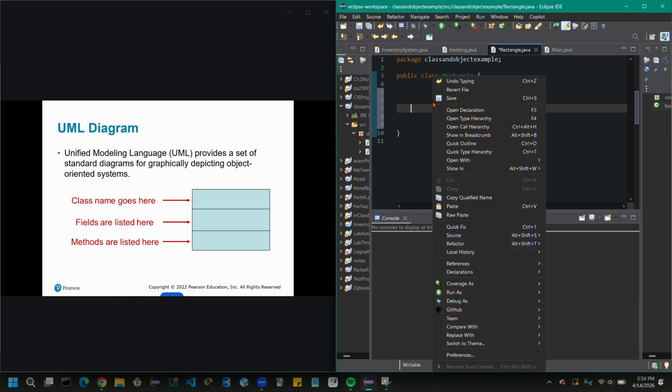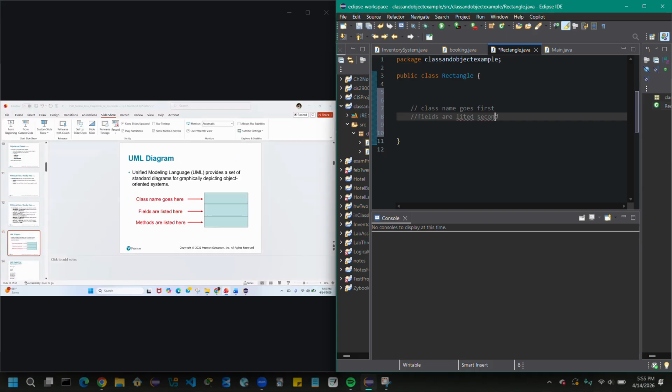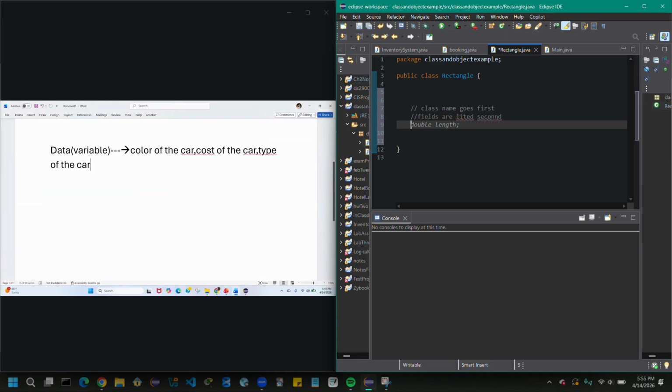Object-oriented programming: always the class name goes first. After that, the fields are listed. And after that, the methods are listed. If you swap things here and there, you will see an error. This is the way we have to follow. So, whenever we work with object oriented programming, we have to write the name of the class,